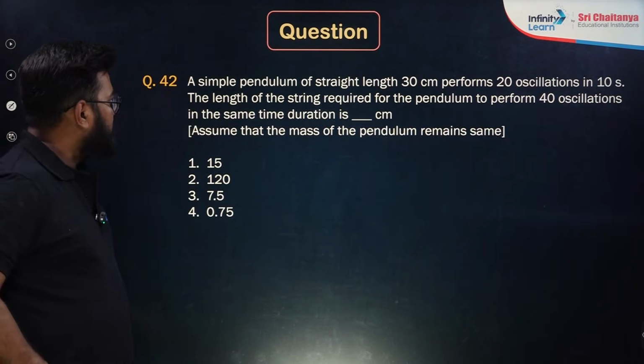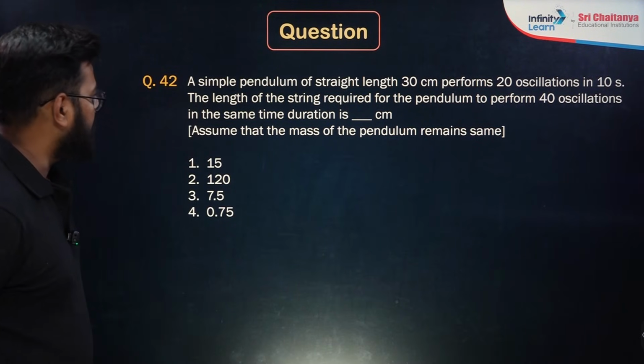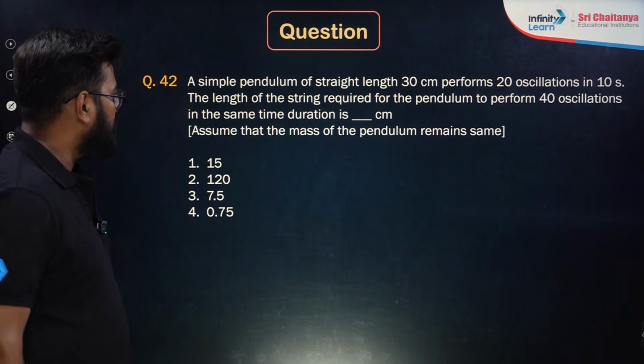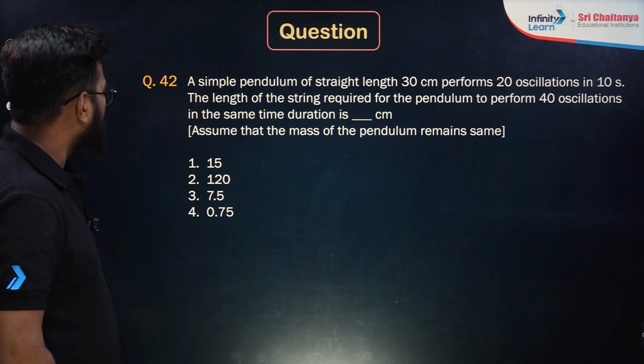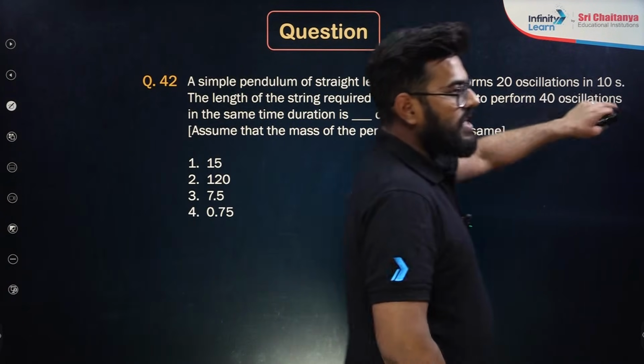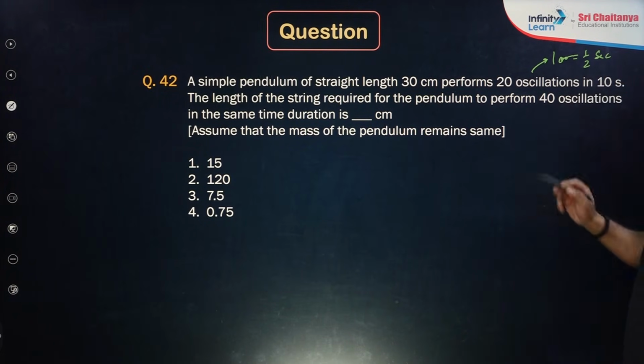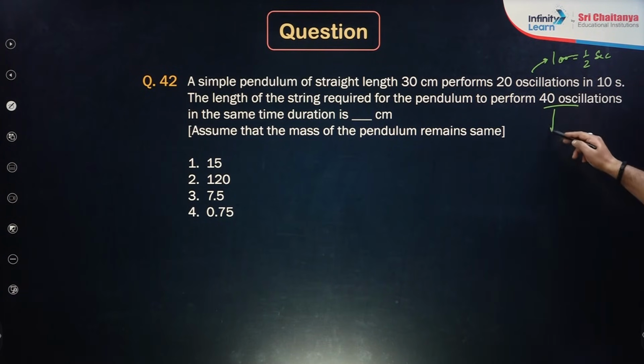Simple problem. Simple pendulum of string length 30 centimeter performs 20 oscillations in 10 seconds. The length of the string required for the pendulum to perform 40 oscillations in the same time duration is. So now 20 oscillations is taking 10 seconds, right? So one oscillation will take 10 by 20, that is 1 by 2 second, correct? Now you want that 40 oscillations should also be done in 10 seconds. So now for one oscillation the time period is going to be 10 by 40, that means 1 by 4